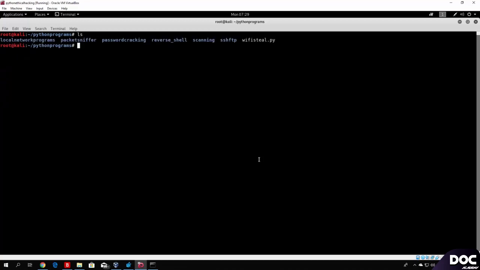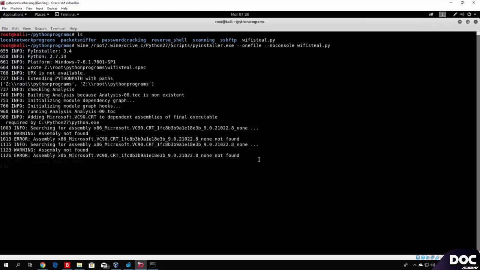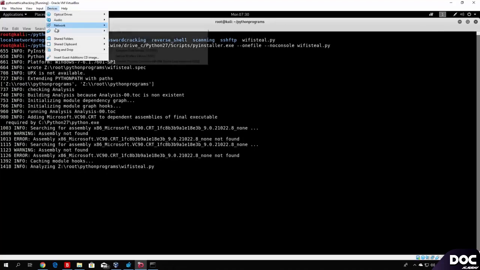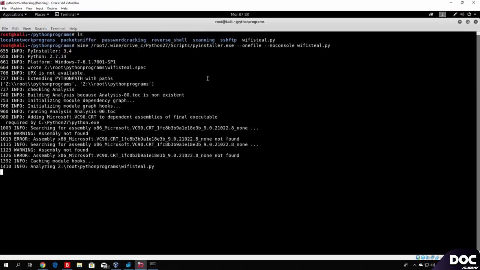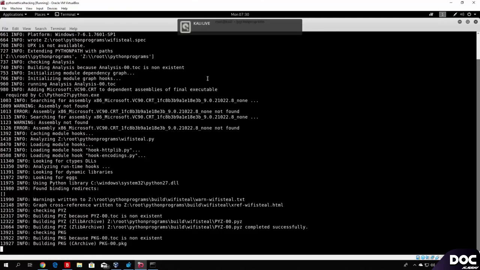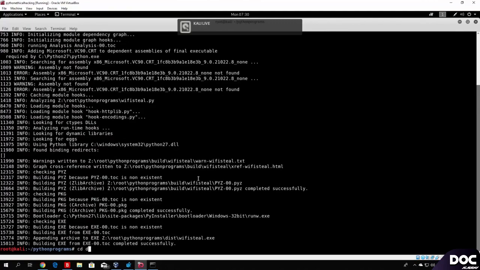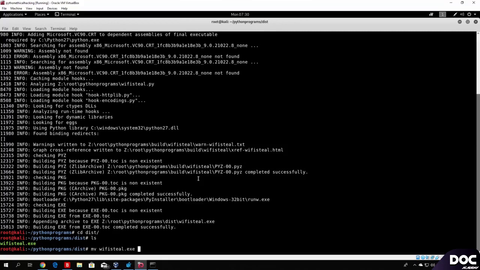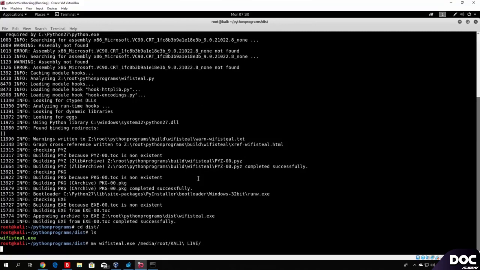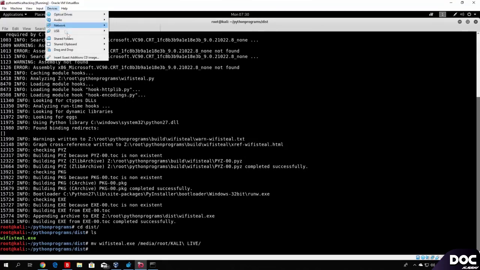Let us compile the wifi_stealer.py. So wine, root, wine, drive C, Python 27, Scripts, then python PyInstaller, pardon me, --onefile, --noconsole, and wifi_stealer.py. Let's let this compile while we plug in our USB drive. Okay, our USB drive is plugged in. Let's wait for this to finish. It has finished. Go to the dist directory, move wifi_stealer.exe to media root Kali live. Then we can unplug our USB drive,